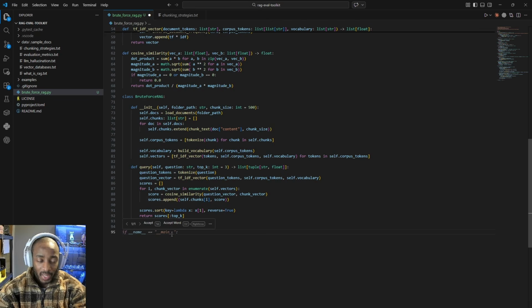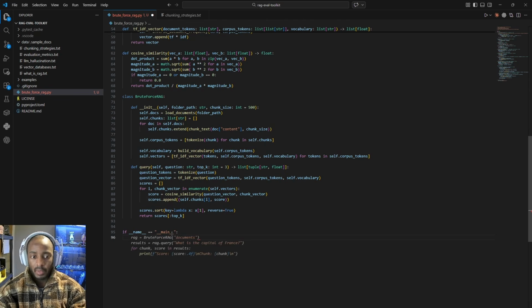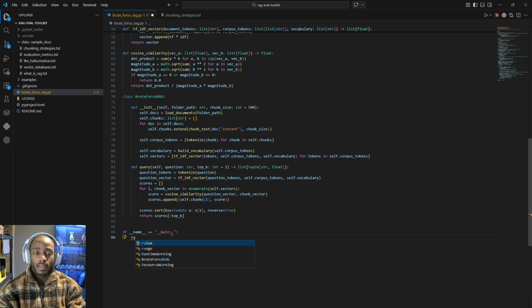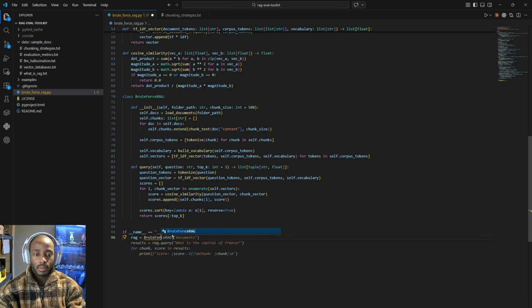Okay, so now it's time to actually try and test what we've created here. So if __name__ equals "__main__". This isn't mandatory, but essentially if you only want to run this when this is your main file, then we just add that if name equals main for safety. So we'll initialize the RAG. So let's say RAG equals our brute force approach, BruteForceRAG, and